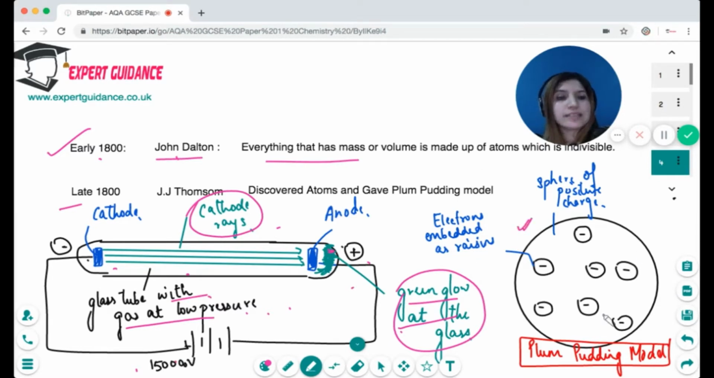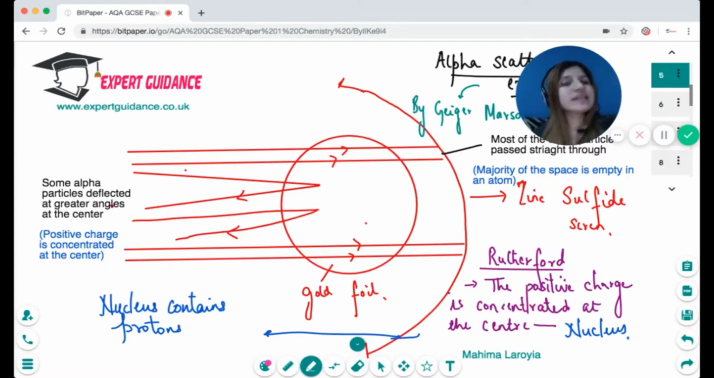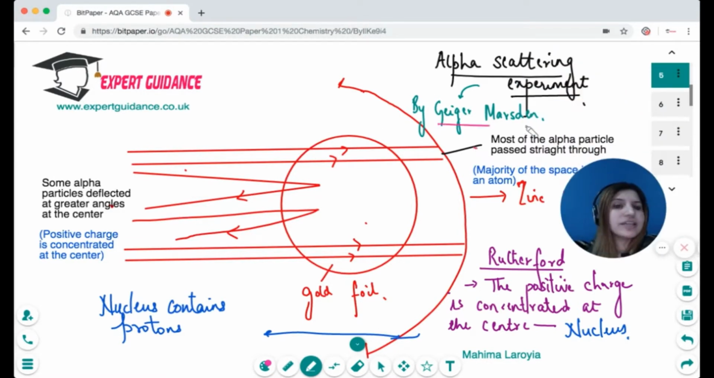Now, what was this plum pudding model? This plum pudding model says that the atom is a sphere of positive charge. The positive charge is equally distributed, and in this sphere of positive charge, the electrons are embedded like raisins. According to him, the electrons and the positive charge were equal, therefore the atom is neutral. Now, if this model was correct, at that time, there were other scientists, Geiger and Marsden, who